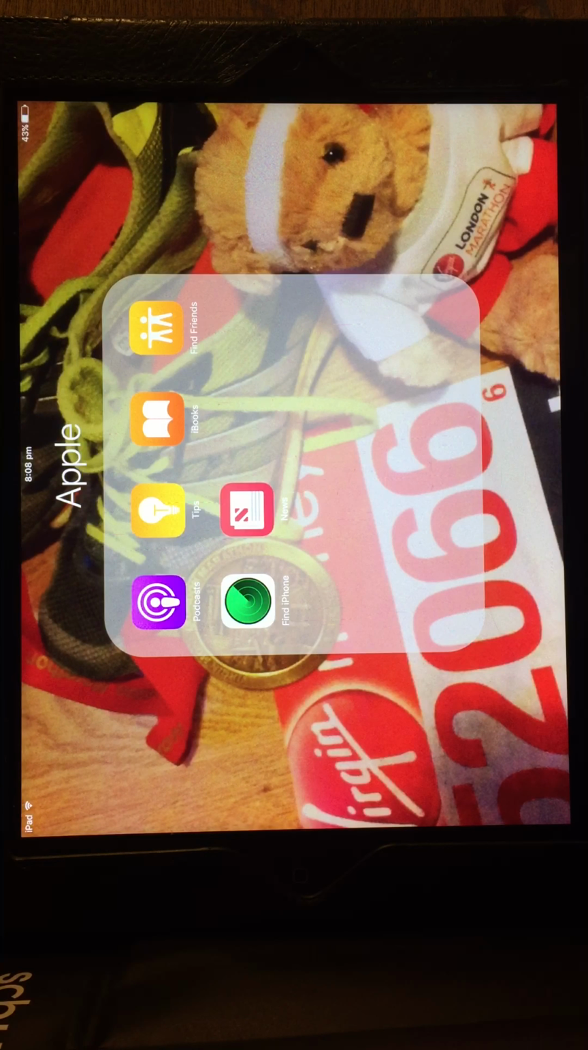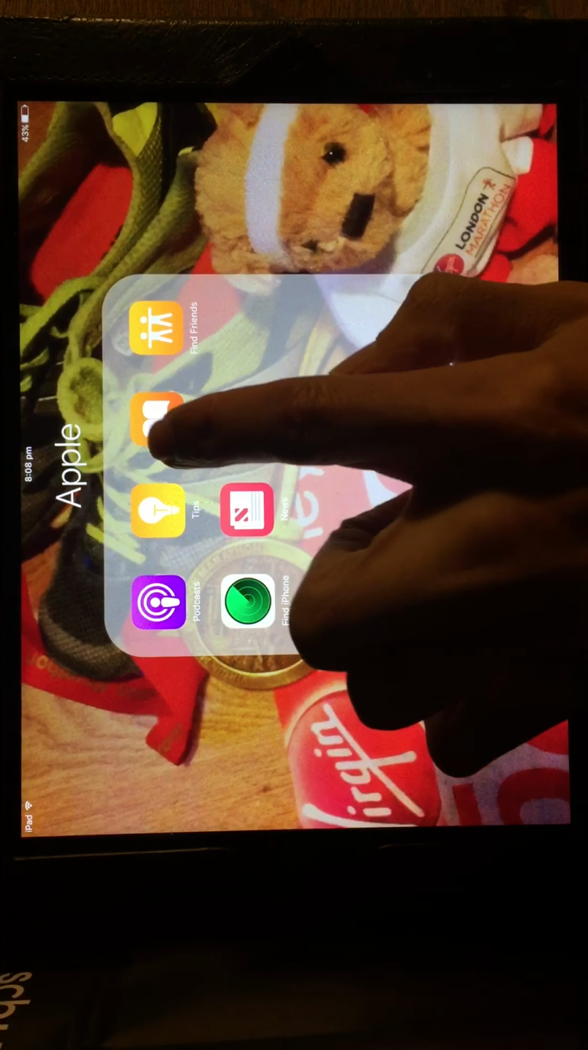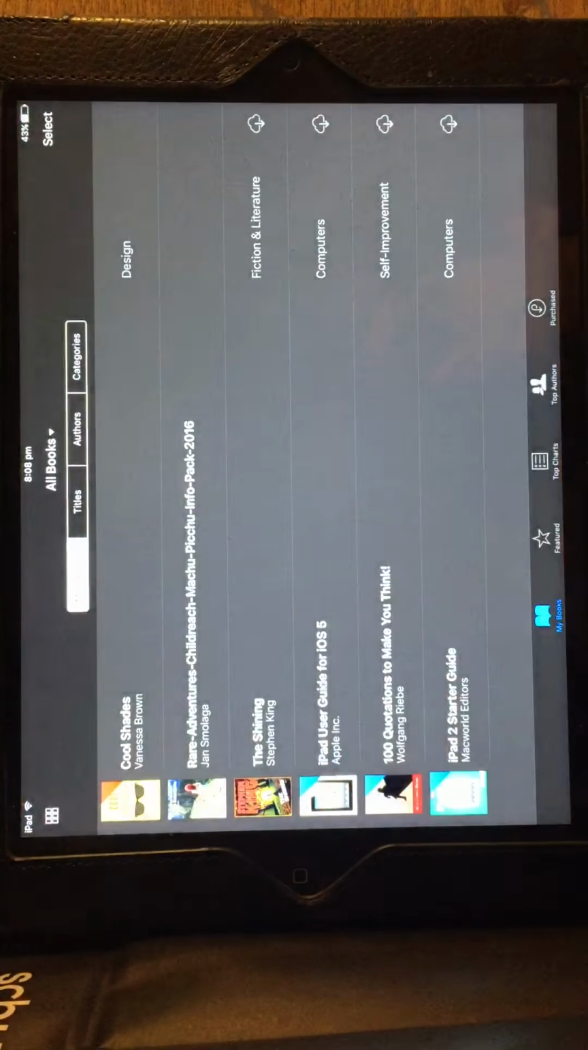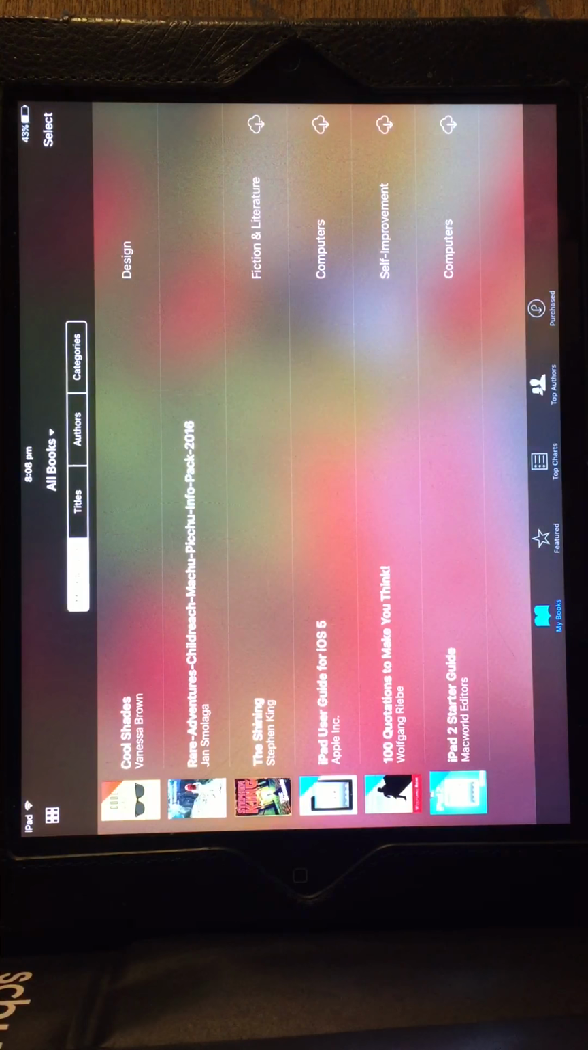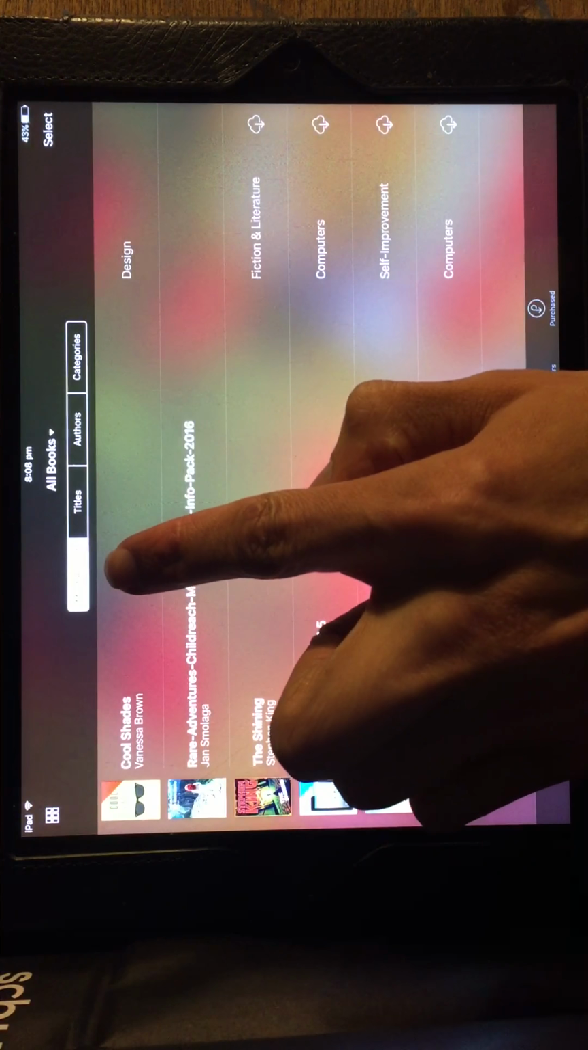Run through of Apple iBooks. Opening the app takes you into what looks like My Books initially. So you've got most recent books,